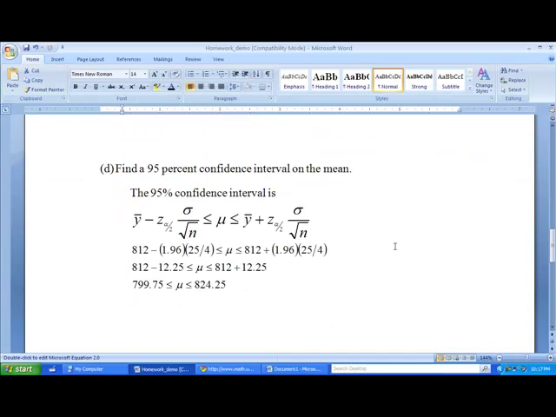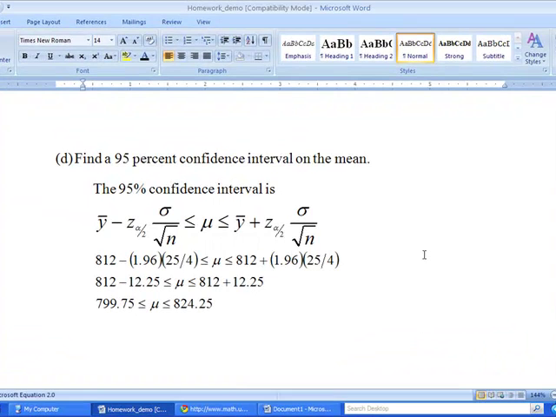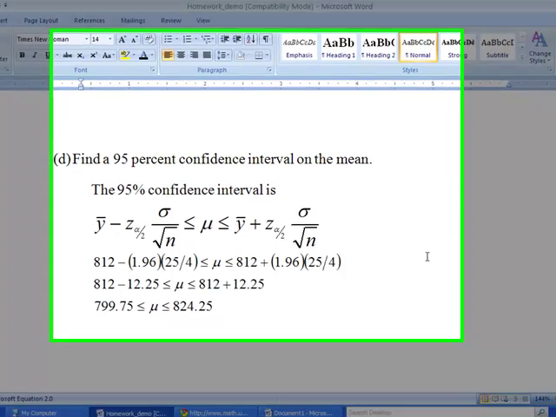Next, find a 95% confidence interval on the mean. Now we need to calculate the 95% confidence interval. So how to calculate that? If we go back to the book, on page 46, at the bottom of that page we have equation 2.36, which says the 100 multiplied by 1 minus alpha percent confidence interval on the true population mean is given by equation 2.36. So I copied that equation as it is here,